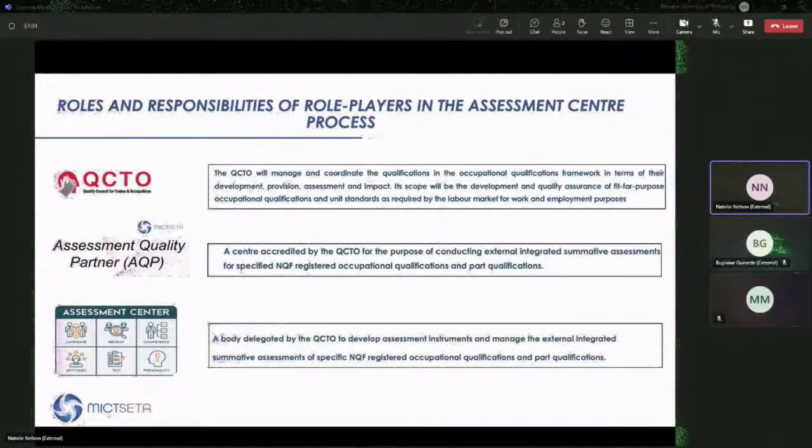The change in the process would be that the SETA would allocate the subject matter expert for the cohort. And then you, as an assessment center, would be the delegated body where you would specifically implement what we have put together in terms of the instruments that need to be administered for any one of the qualifications that you have a cohort for.